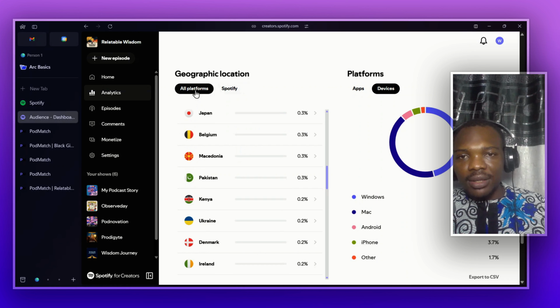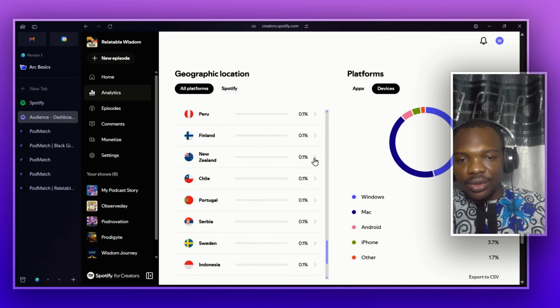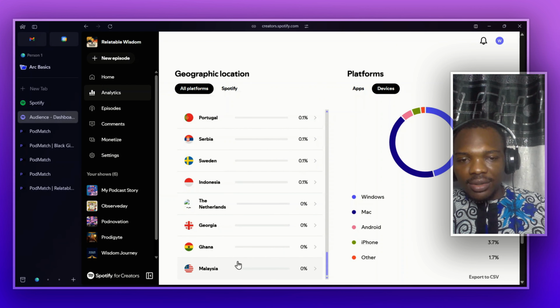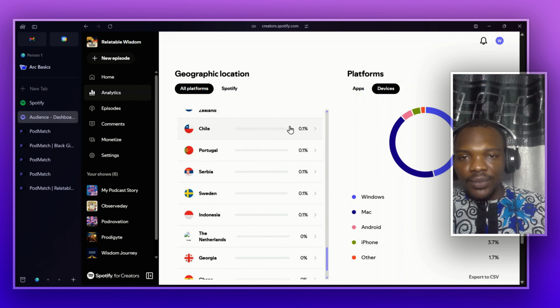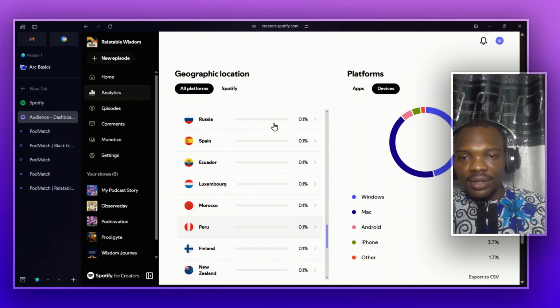For all platforms, I'm thinking, is there a way to see the total number of countries? It's a lot. Let's try and count it. Malaysia, Ghana, let's see: 1, 2, 3, 4, 5, 6, 7, 8, 9, 10, 11, 12, 13, 14, 15, 16,